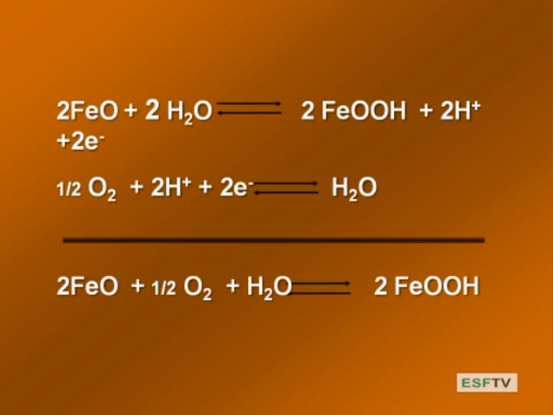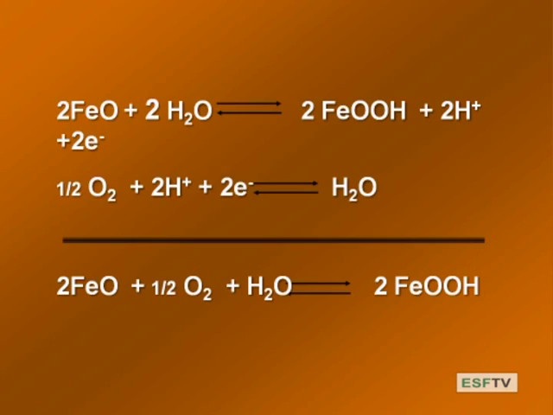So let's add those all together. Here is the oxidation of iron. Here's oxygen accepting the electrons. And when we write that equation, you'll see this. We have FeO plus half O2 goes to FeOOH. We're going from plus 2 to plus 3. This is what we showed in the previous lecture, when we talked about oxidation reduction. This explicitly shows you where the electrons are going. Whoa, chemistry, blowing your mind.